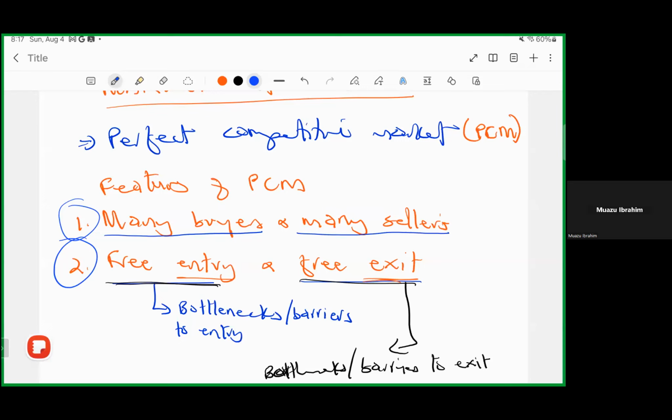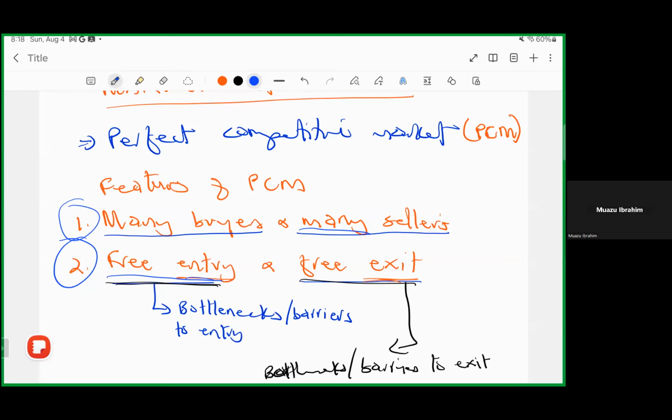The next moment, they are also selling what? Pure water. So once they come and sell, because entry is free, they just enter and start selling, provided they have the capital. Once they enter and sell, they will be eating into the profit or competing away the profit that you are making. And because they have many sellers, people will tend to enter. So they tend to invade the market as sellers, because entry is what? Free. As they enter, profit will start what? Falling.